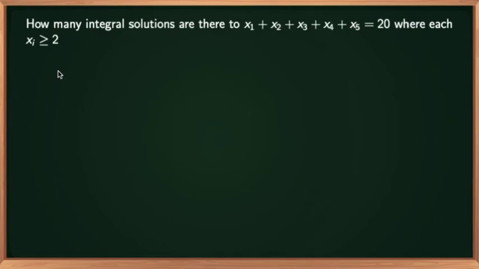Okay. How many integral solutions are there to x1 plus x2 plus x3 plus x4 plus x5 equal to 20, where each xi is greater than or equal to 2? Now here you need to have all the boxes, minimum of 2 balls in all the boxes. So I am distributing 2 balls in each box first, okay, which means I will lose 10 balls for that purpose. So 20 minus 10, which is 10 balls will be left out to distribute in 5 boxes,